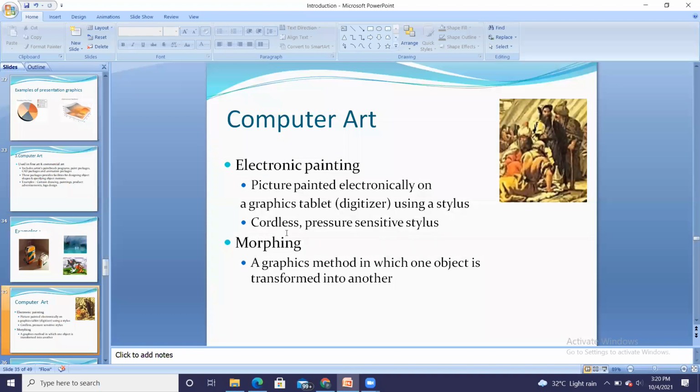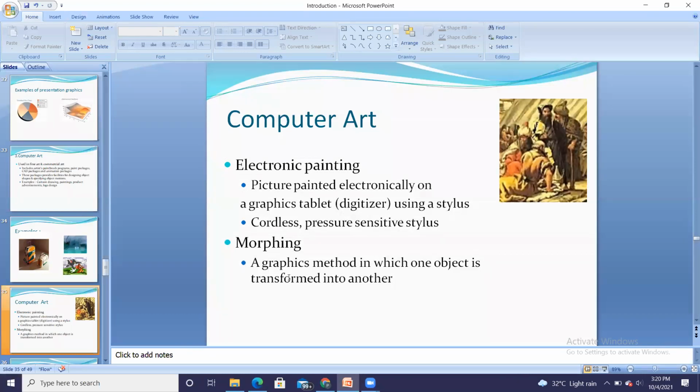The stylus, nothing but a pen, is wireless, a non-wired structure that is free to move on the notebook, and it is pressure sensitive. So depending upon the pressure given, the shape of the object or the color of the object will change. That is called electronic painting by making use of a digitizer and stylus.